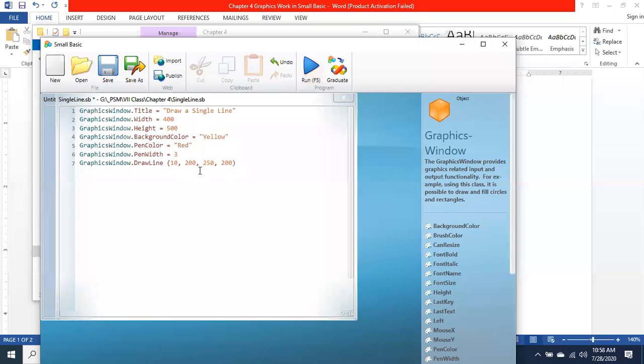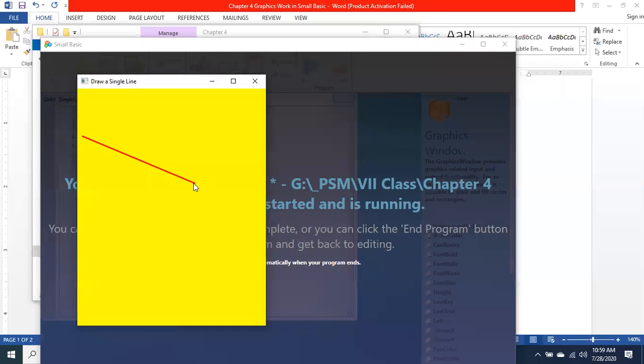Now see on the y-axis. What about the y-axis? We have taken 200 and 200, the same. If we change this, and do not keep it the same, then the line will be inclined. For example, I say start from 100 and go to 200. Now the line will not be a straight line, because it is starting from the y-axis where we have mentioned 100 and ending at the y-axis where we have mentioned 200. So it starts from here but goes there, it becomes inclined, it has changed. Why has it changed? Because the starting position of the y-axis is 100 and the ending position of the y-axis is 200.